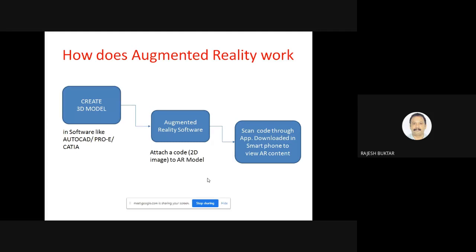So you might have understood augmented reality along with the software also, but from the academic perspective, the academician's way of explaining things, it's like this: how to create an augmented reality experience. I have documented this in 3 simple steps, where everyone can understand. First, there are the solid modeling software like AutoCAD, ProE, CATIA. The solid model needs to be created.